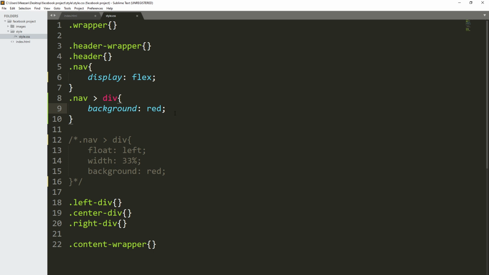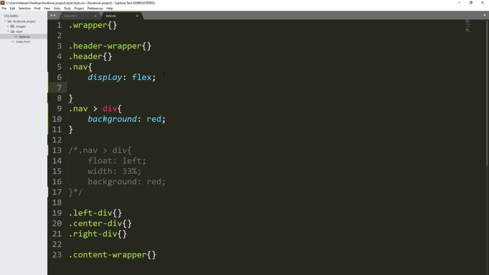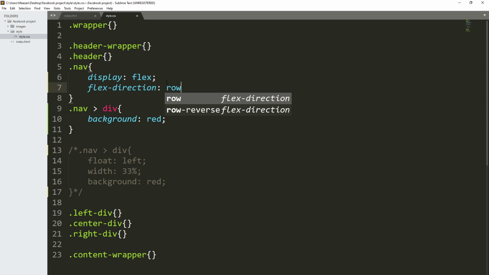Let's go to the nav dot class, which is the flex container, and we will add the flex direction property. It will tell the browser how the items inside the nav class will be displayed on the page. So the possible values for the flex direction are row and